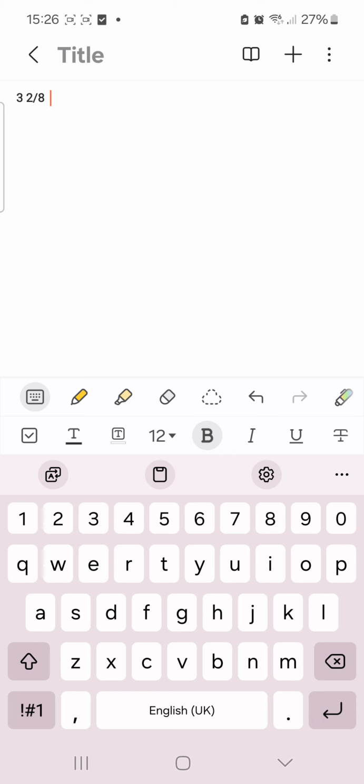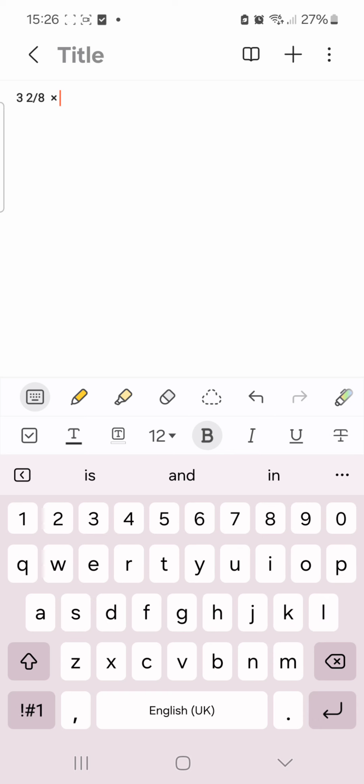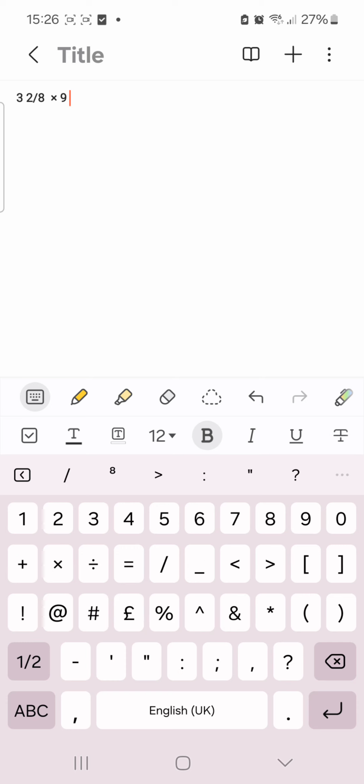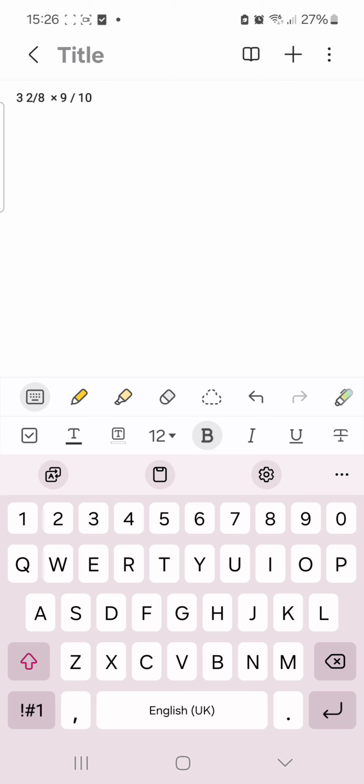Then what you get is a times. So let's write this symbol. Then you get 9/10. Now what are you gonna do? What you're gonna have to do is firstly to make the 3 and 2/8 into a whole number, so like 9/10. So what you have to do is do 3